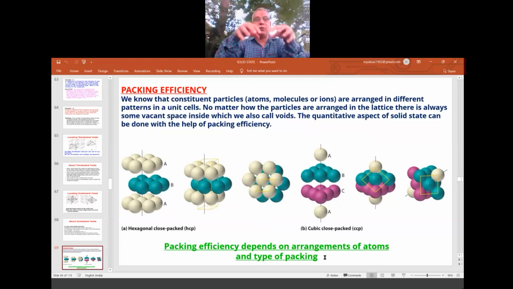In that you fix some 100 balls. Okay. So they'll go close packing, but you'll see that certain gaps are there. So excluding the gap, that is called the packing efficiency. Then what is packing efficiency? Packing efficiency means out of the total volume of the bucket, the volume of the packed spheres, or the packed balls, or the packed particles. If you divide the packed volume of the balls by the total space available, the total volume of the bucket, that gives you the packing efficiency. And if you multiply with 100, in terms of percentage, that is called percentage of packing efficiency.